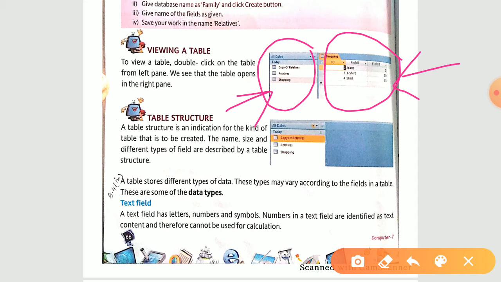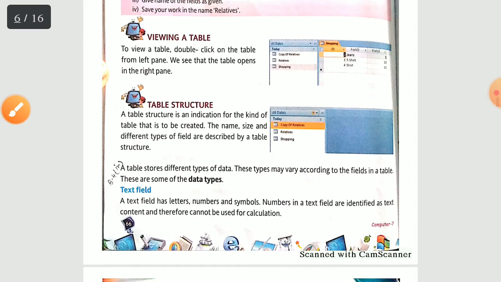Now a table stores different types of data. These types may vary according to the fields in a table. These are some of the data types. Now over here we are having bundles of data types with us. You see,